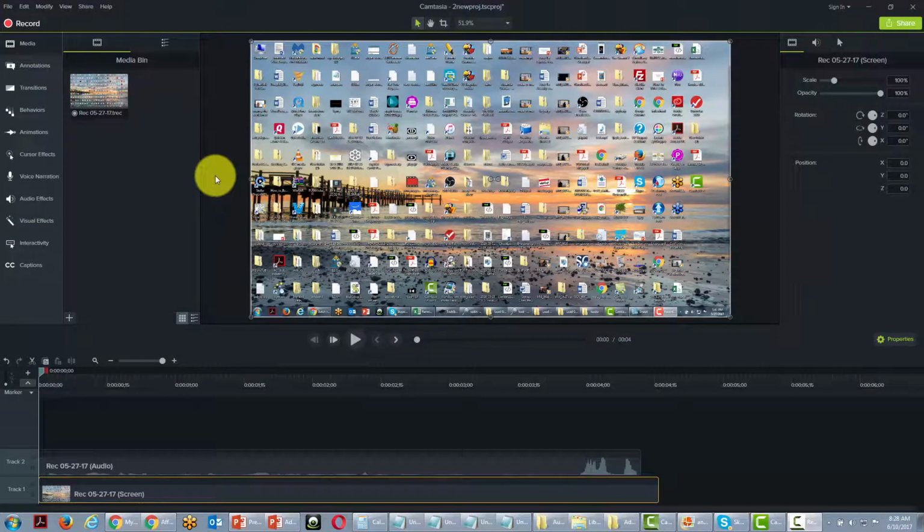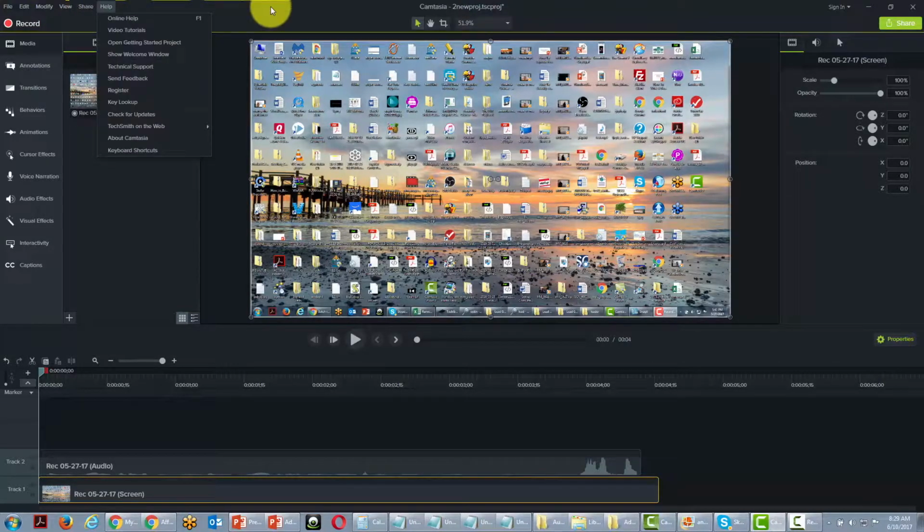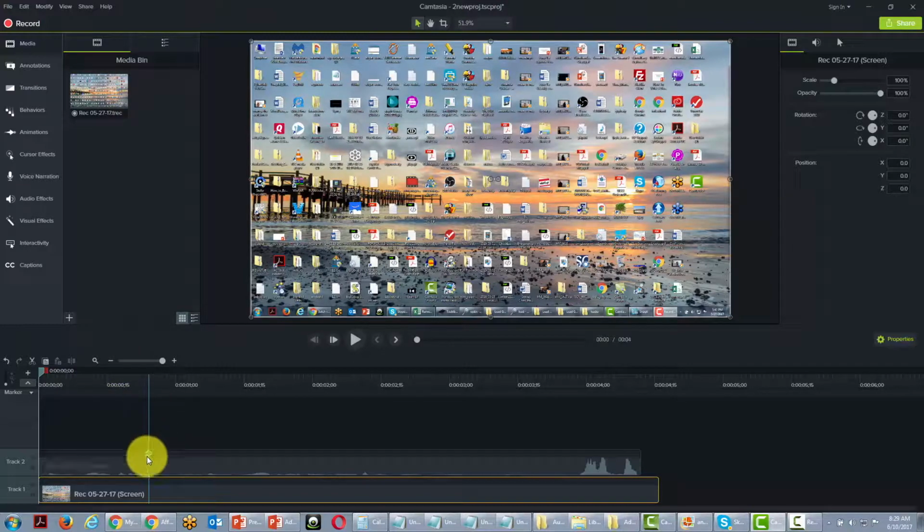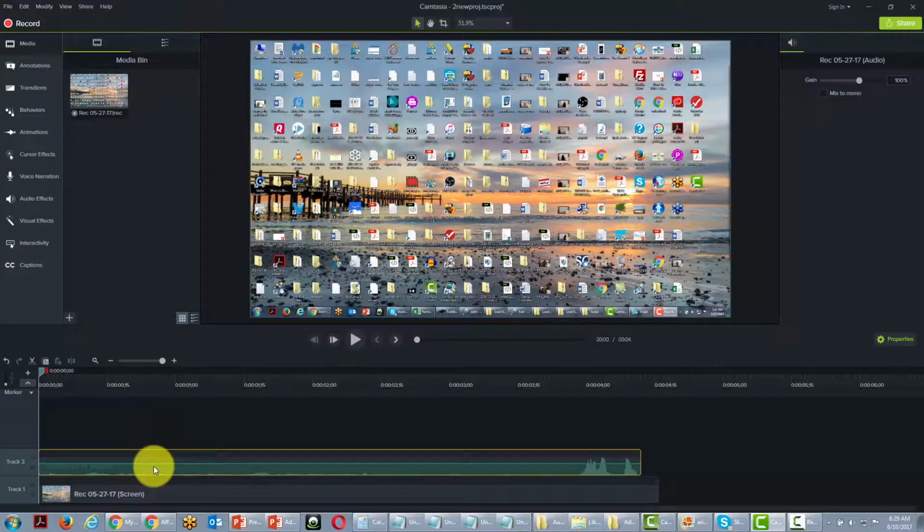Welcome back. Now in this video, we're going to be talking about one of the little used features in Camtasia. People typically use tools in order to create GIFs. And this is actually something that you can create in Camtasia. So what we're going to do in order to create a GIF, of course, we are not going to use